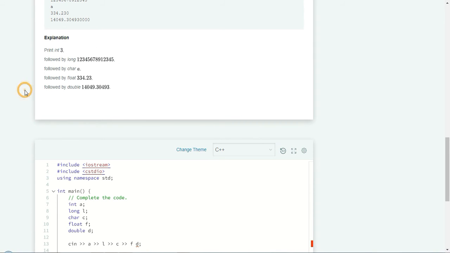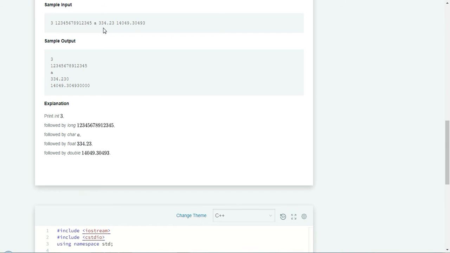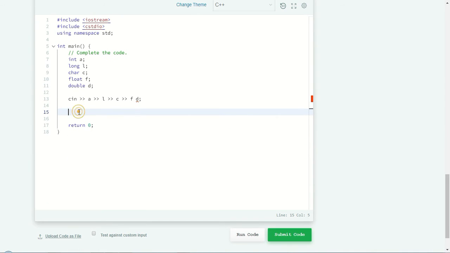If you go up, this is the space separated input, and this is where we need to print the variables. So just go to the code editor and use cout, giving a space.